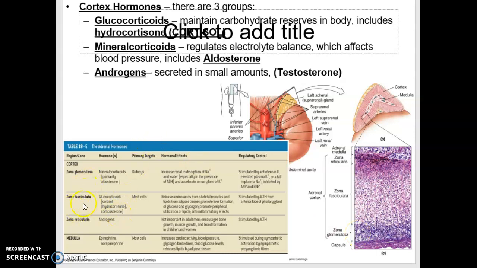Now, the zona fasciculata is where cortisol, so this middle area is where we produce cortisol and hydrocortisone and corticosterone. But the main one we'll talk about is the cortisol, because it is so important. It's basically what's called the stress hormone. It literally is there to help us in stressful situations, because what it does, it actually helps break down proteins, so that if we are injured, then we have the ability to actually take the breakdown products and to heal